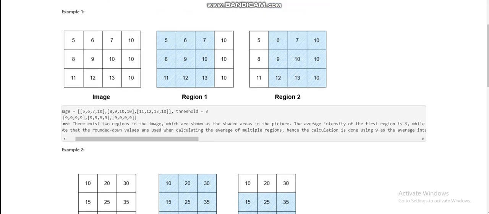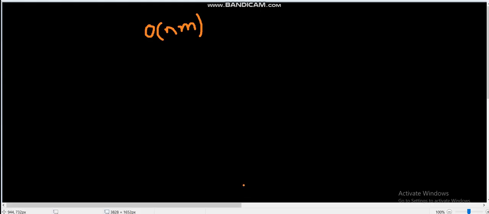So let's look at some observations. The first observation is that there are not many observations in the problem. The problem is implementation heavy. What we have to do is find the average in every region, and after finding the average in every region, we have to mark every cell which is in some region. So I will show you how I have solved this problem. My approach is, we will take some